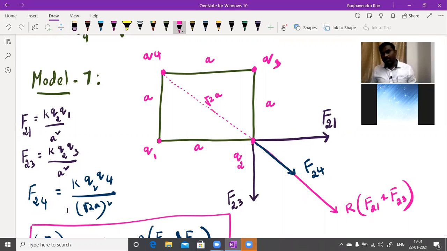While asking the same model in the JEE Mains examination, the charge values will be different, not multiples of K. For example, the K value is 9 into 10 power 9. In NEET, the charge values will be given in millicoulombs or microcoulombs, so those values will cancel and you get simple values as the force. But in JEE Mains, they give charge values differently, not related to the K value, so they will not cancel. You need to do the calculations and simplify, taking some time, because they allot 2 minutes for a question. But the model is the same. Whether it is the JEE Mains or NEET examination, the model will be the same.